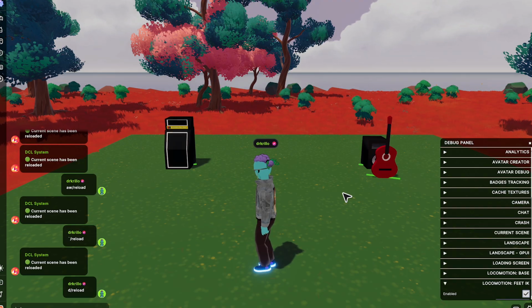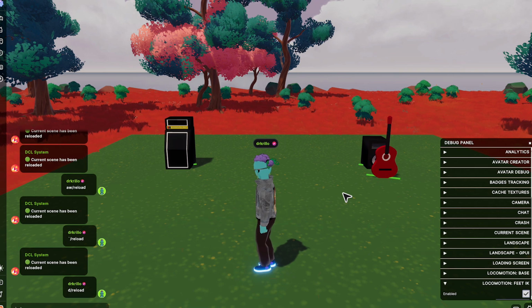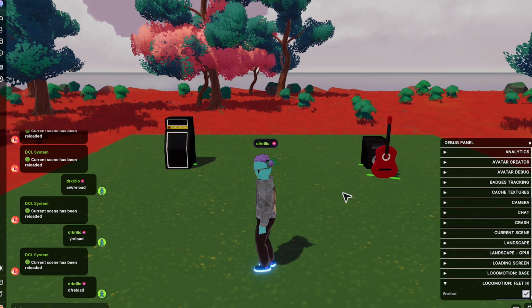These are not built in, these are imported from a catalog that Lastron did in the past as part of his In-World Builder project. In-World Builder is an amazing tool made for creating quests and other games inside Decentraland too. It was a project that was funded by the DAO in the past, and as part of this project itself, there is a catalog of a lot of assets that can very easily be imported into the